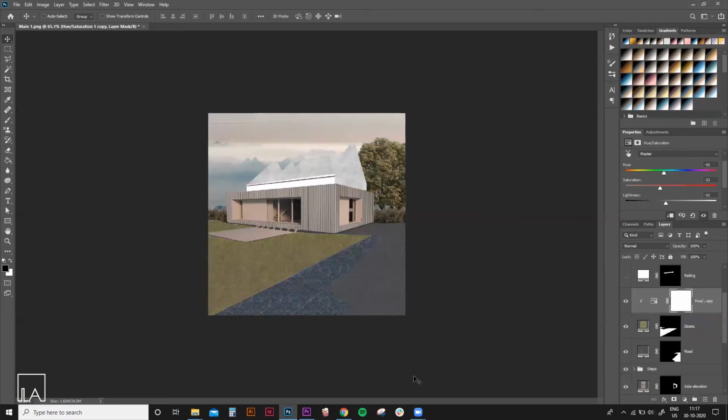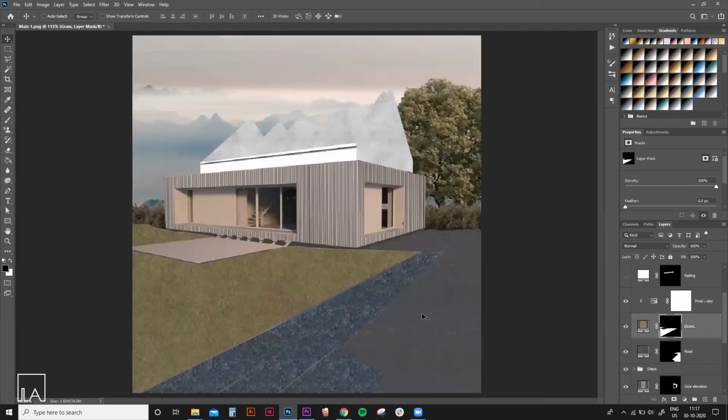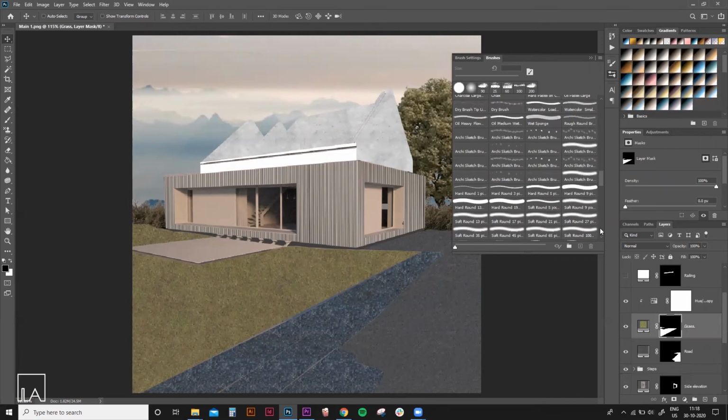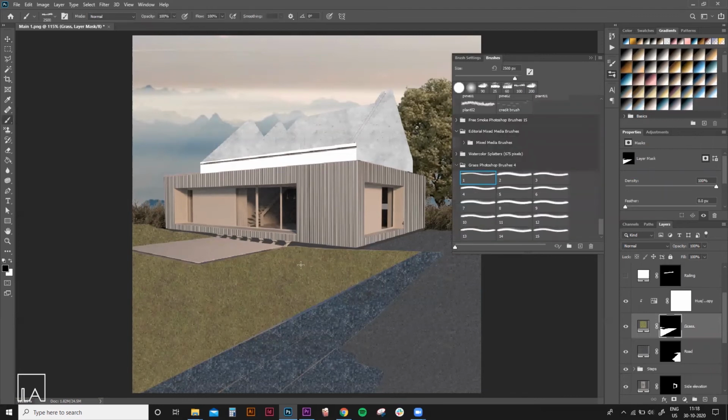Now the grass texture might appear a little too clean and neat, and in real life no vegetation would be that uniform. So to make it appear a little bit more non-uniform, we will be using the layer mask which has been attached to our adjustment layer and creating a little non-uniformity by using brushes to unhide certain regions. For this purpose, we will be using specific grass brushes. As you can see, you can get different types of grass brushes that you can use to paint over the region. You can either freely download them from online or also define your own brushes.